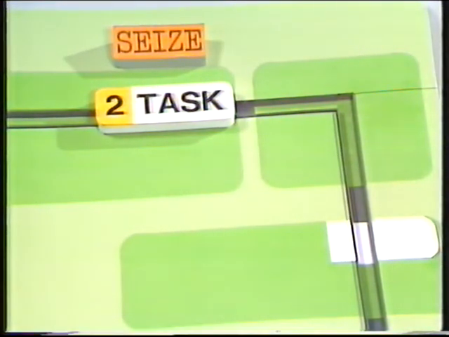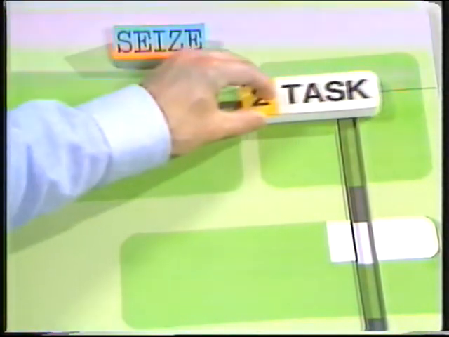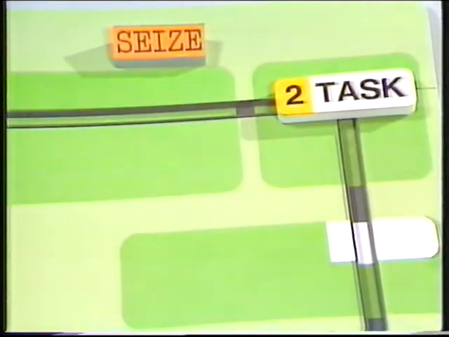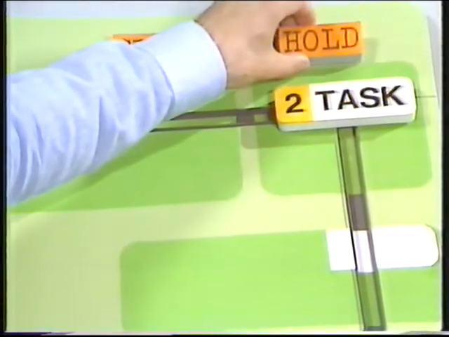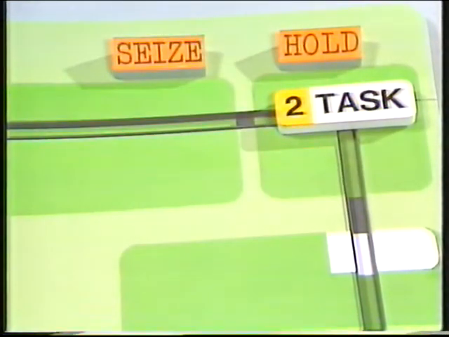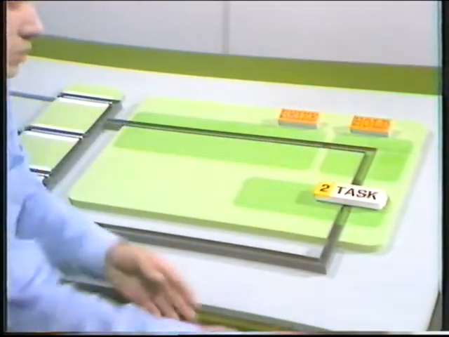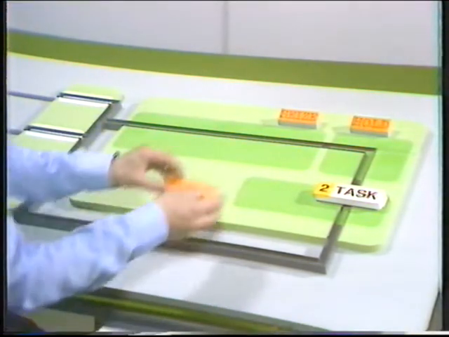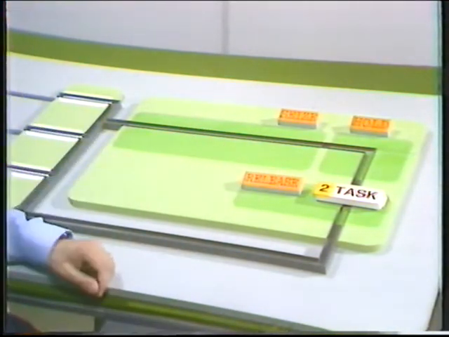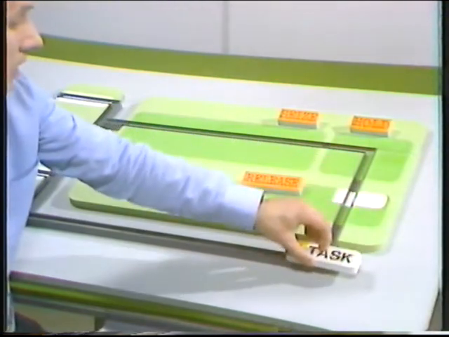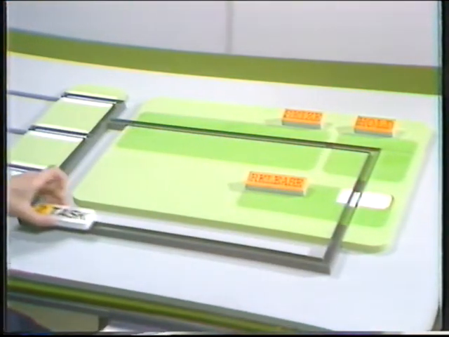Well, if the CPU is busy, then the task will have to wait. If it is capable of seizing the CPU, then the task moves on and will hold the CPU for a certain period of time. And the Simeon block, appropriately, is called hold. The task remains in the CPU for a period of time and then moves on, releases the CPU so that other tasks can use it. So it'll release, picks up its output, and returns to the front end